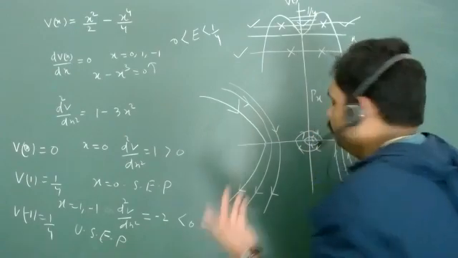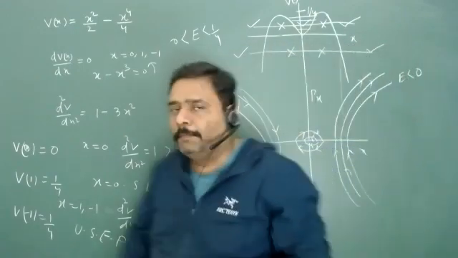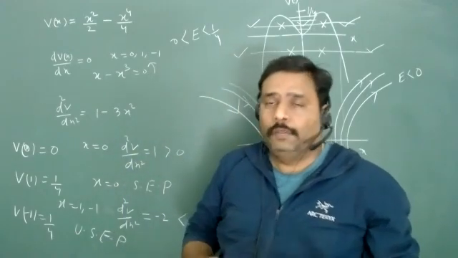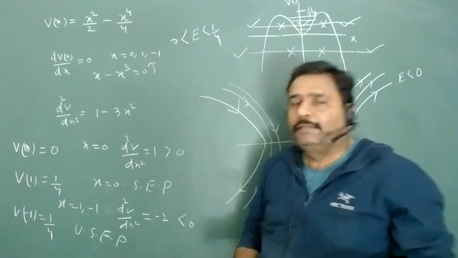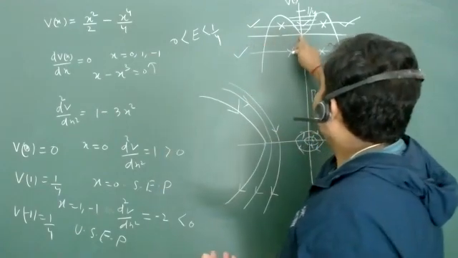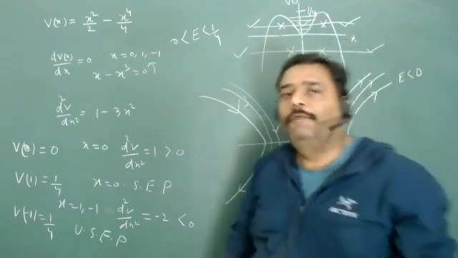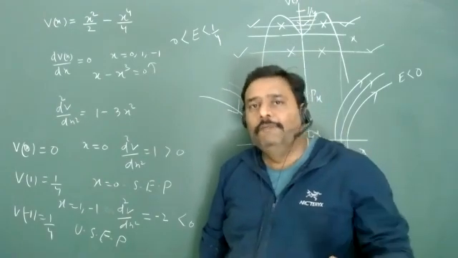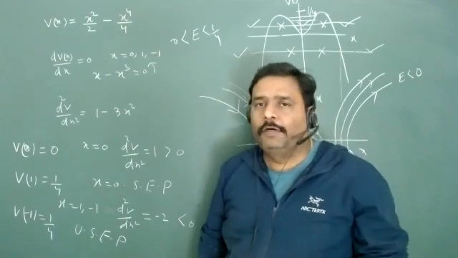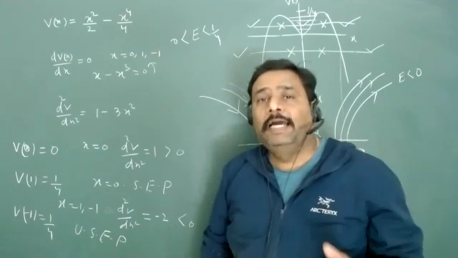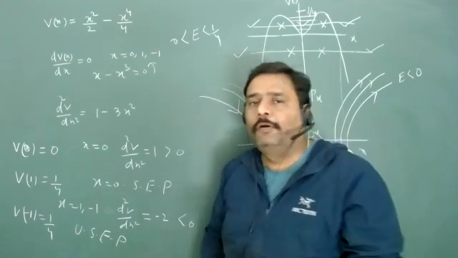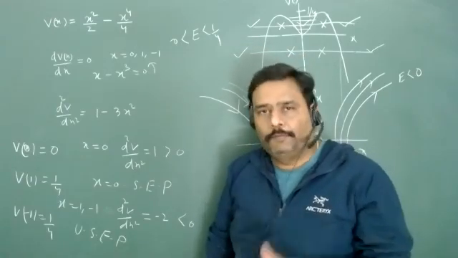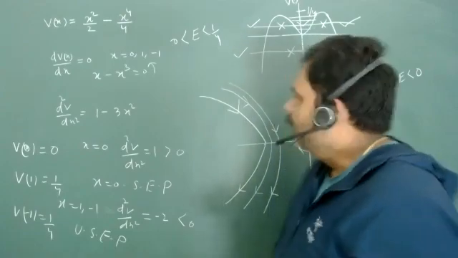So anyone can ask you in objective form, and you just have to give the correct answer. For the energy E between 0 and 1 by 4, we have only unbounded. True or false? False. We have only bounded. True or false? False. We have bounded as well as unbounded. True or false? Yes, it is true. So this type of problem can come in your exam.